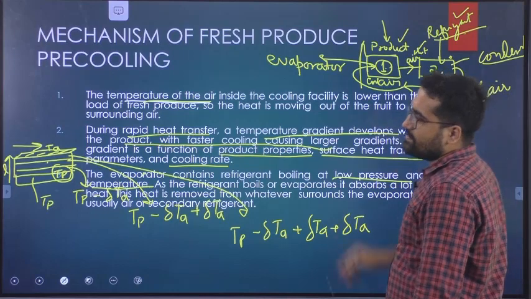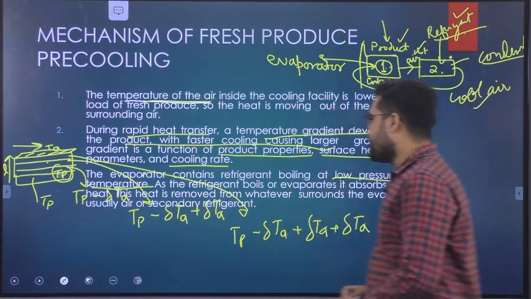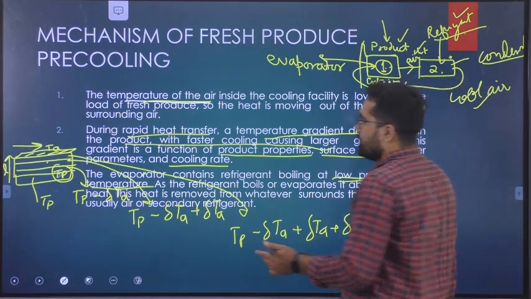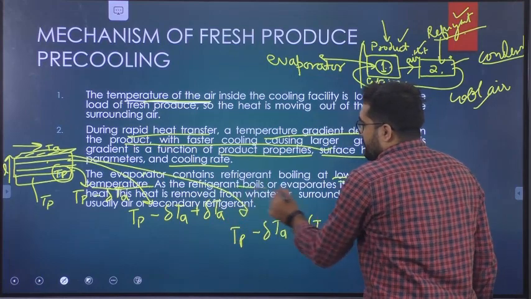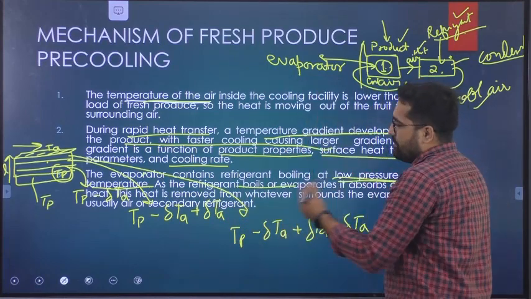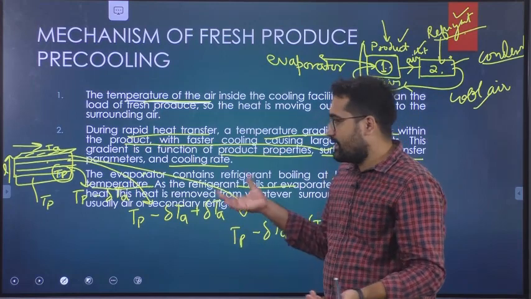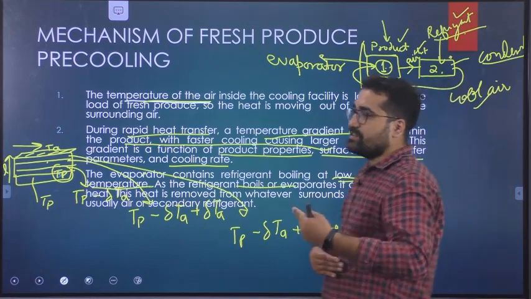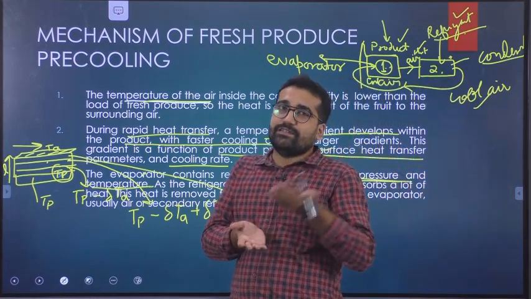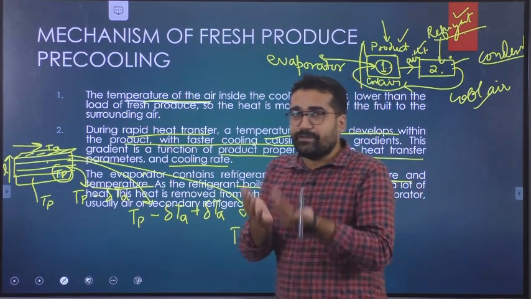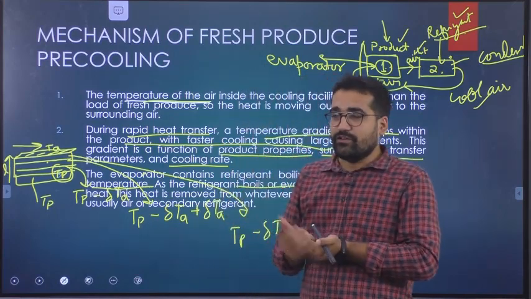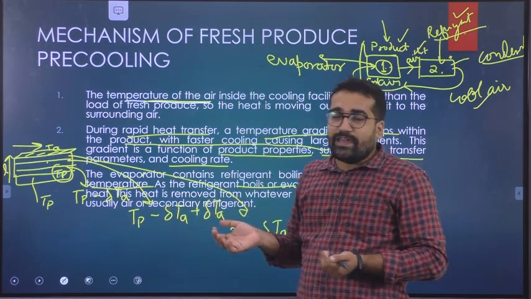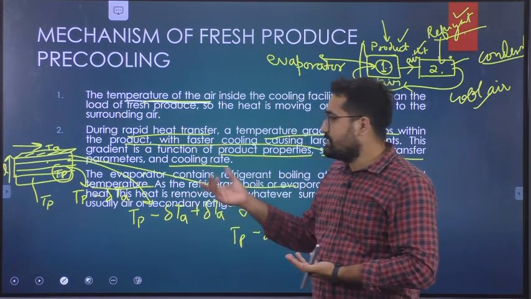What happens in the evaporator? The refrigerant is at a low temperature and low pressure, and it boils or evaporates in the evaporator. That's why its name is evaporator. This evaporation needs some energy. From where is it getting that energy? That energy is gained from the product heat. If we are keeping apples, the refrigerant will consume that heat from the product and evaporate. So this is what happens inside the evaporator.